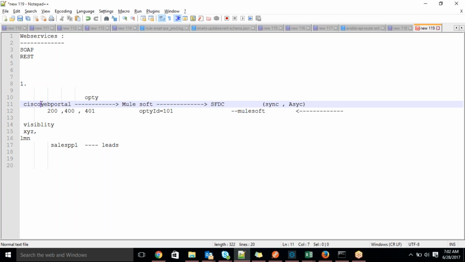If it is one to one, then fine, guys. We can directly talk from the Cisco web portal to Salesforce. But if you see here, so many clients are there. In future, multiple clients will come. We are not sure, right? So that's why middleware comes into the picture. That is one reason. Another, because it's kind of clumsy. Too many clients are there. Only one destination is there. Requests keep on coming to Salesforce. It should serve accordingly, right? So that is one thing.